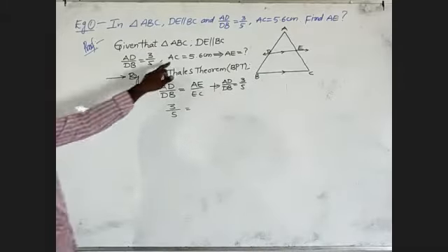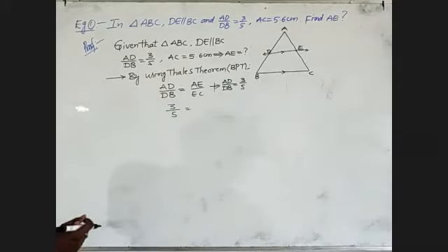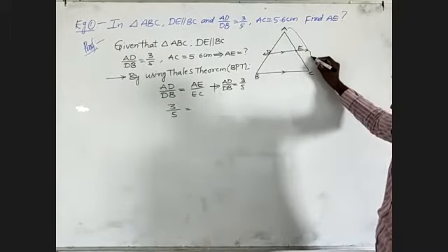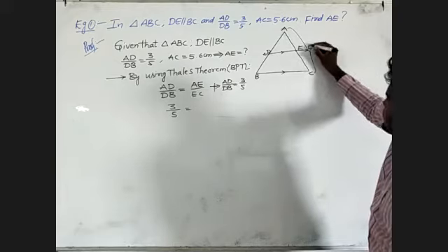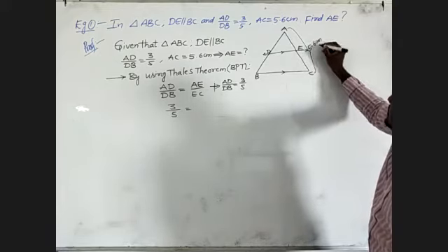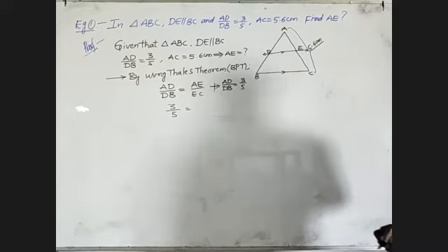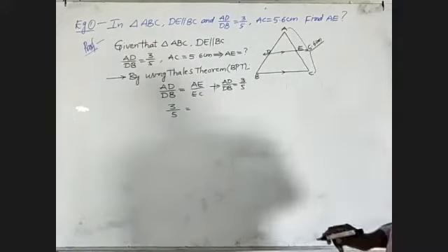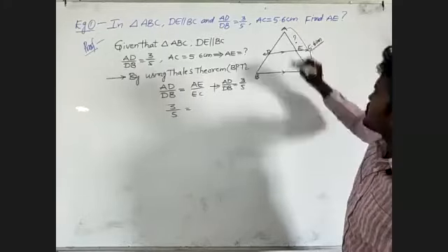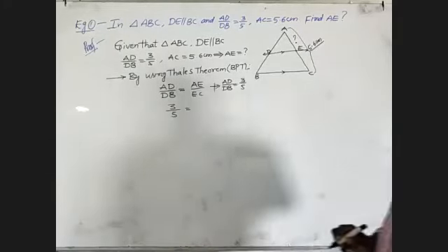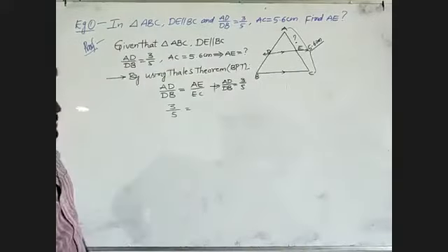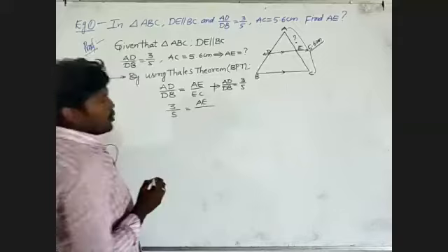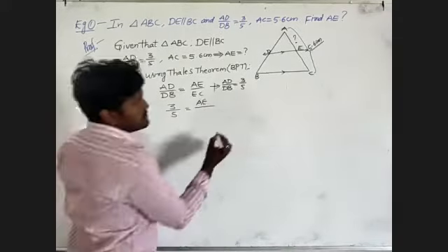Here, by the problem AC is given. The distance between A and C will become 5.6 centimeters. Finally, we have to find out AE is equal to question mark. That means we have to find out the value AE. We have to write the value of EC. We will observe in this one.